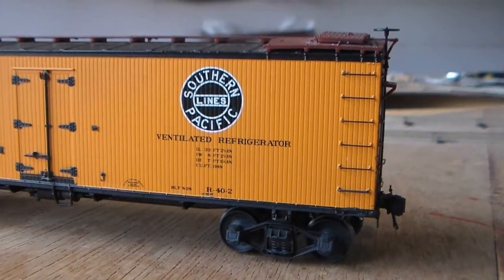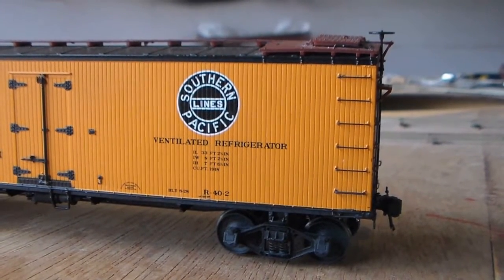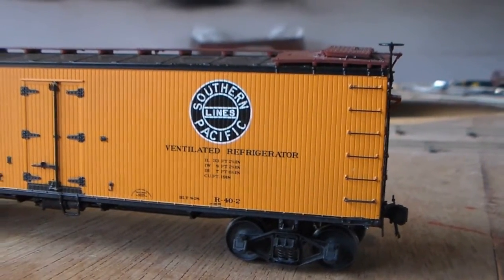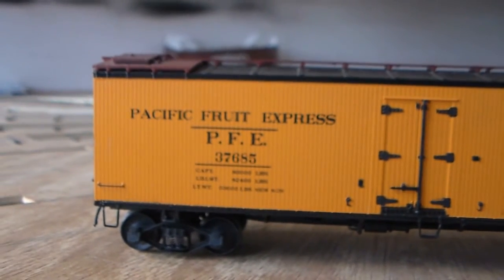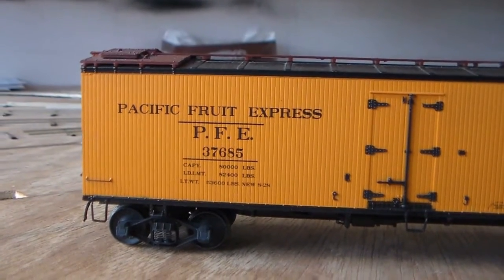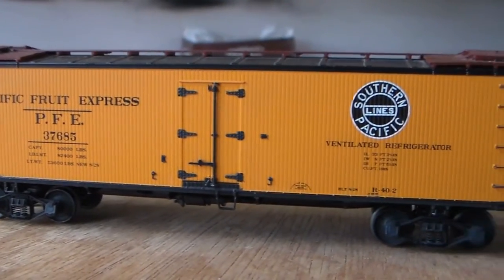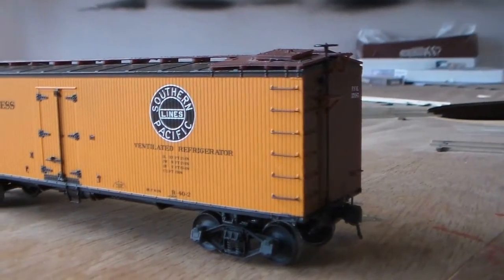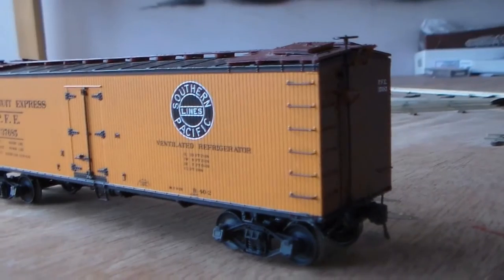What I do really like about this car is that the lettering is all very clear and crisp. It's all very easy to read, and it's very attractive. This car is striking when you first pull it out of the box. It's a very nicely detailed car. As I said, the lettering is very, very nicely rendered. The details are all very well, the handrails are separately applied, and I believe the brake wheel, well, of course the brake wheel is